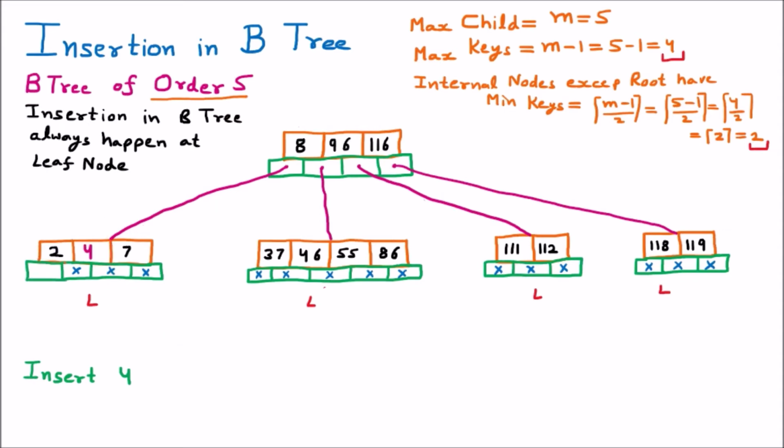So the 4 is successfully inserted between 2 and 7, and here we are putting the cross because there is no child available. So successfully we have placed the 4 here. Now we are checking how many keys there are. We know that 1 2 3, still the 3 keys are there, and the maximum keys can be 4, so the property still remains. Now we are going to add the next element in the B tree.